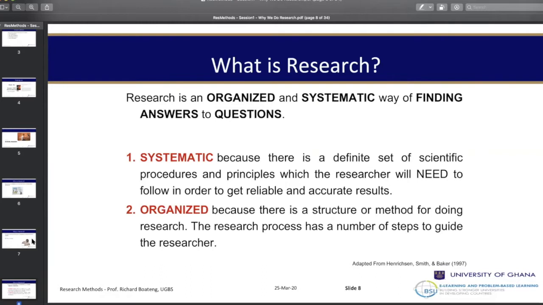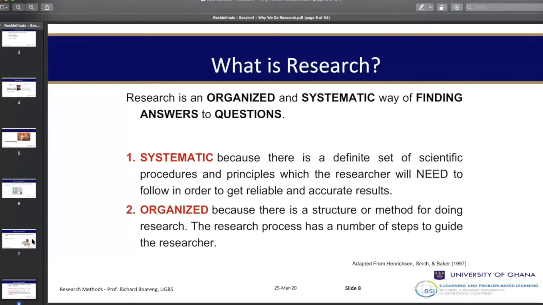The same with an economist, the same with an anthropologist, the same with a person from HR, the same with a person who's an accountant or of an accounting discipline. The reason why these scientific procedures and disciplines exist is that science, by the disciplinary nature of it, has certain peculiarities for every discipline. So whenever you say you are a marketer, whenever you say you are a finance person or you are an economist, we expect you to understand certain scientific procedures and principles which govern economics, which govern marketing, which govern HR, which govern accounting, which govern all the other disciplines that you may find yourself in.